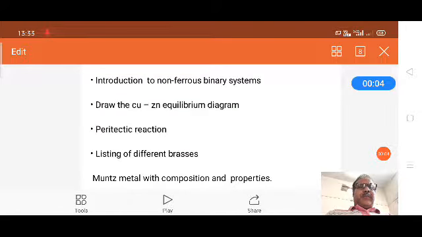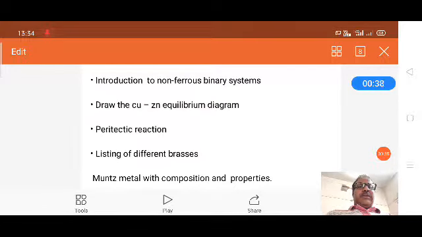So, in this class, we are discussing the new chapter, introduction to non-ferrous binary systems. In this, we have to learn the learning objectives: the copper zinc equilibrium diagram, explaining about the copper zinc equilibrium diagram, and different classifications for brasses,